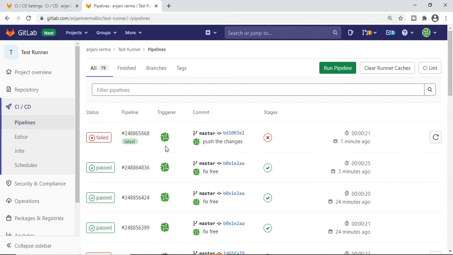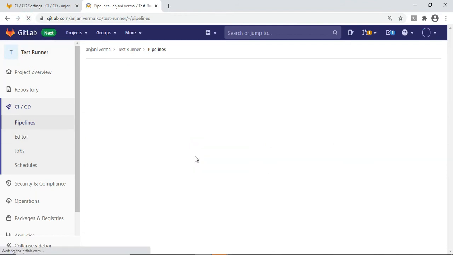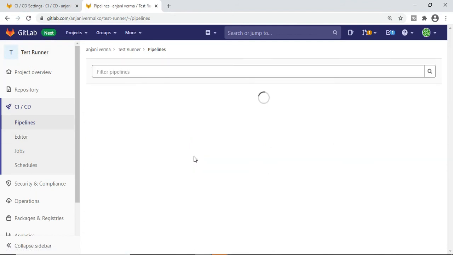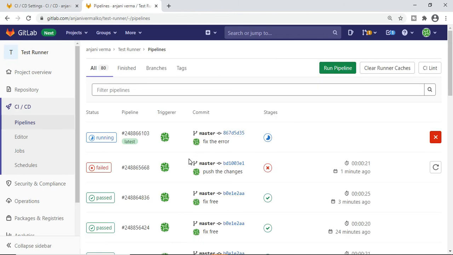So this was the previous one. Let me refresh it again. It takes a few seconds more because I'm using a cloud GitLab. You can also run it on your local machine. It takes most probably 10 seconds.